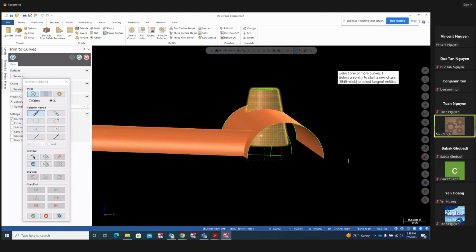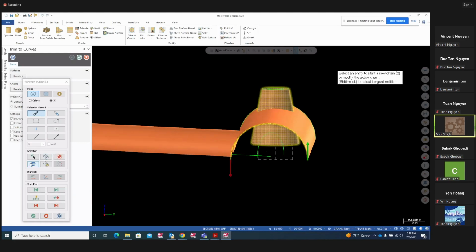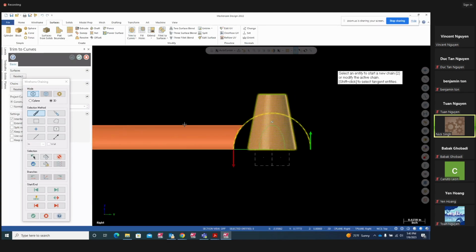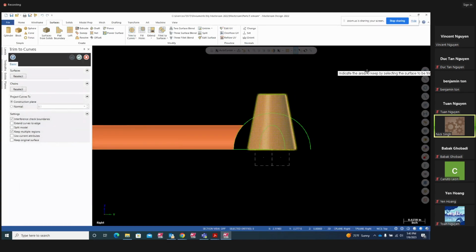You can pick chain, that's not a problem. You can pick this as my chain, right? That's okay. And say end chain. And I'm still in the right plane. And hit OK. Now it's going to ask you to indicate the area to keep by selecting the surface to be trimmed. I want to trim this surface,